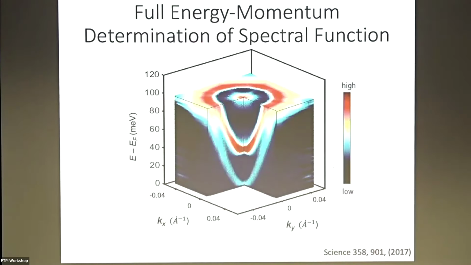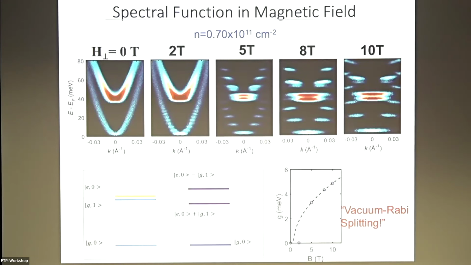And if you do this just on an empty quantum well, when the target is empty, you end up seeing the 3 lowest subbands, and of course they're parabolic. It's not too exciting. It's more interesting to turn on magnetic field and to see the development of Landau levels. What you're seeing here really is the overlap of electrons in the n=0 Landau level in the source well tunneling into the target, and you need a momentum shift to tunnel from n=0 to n=1, and that's what you're seeing over here.